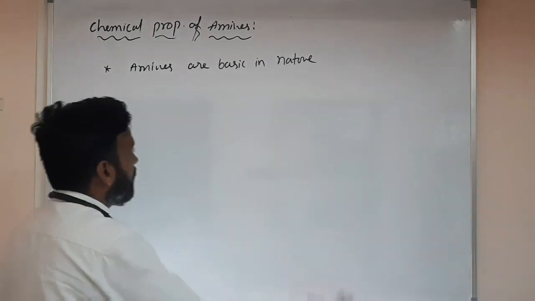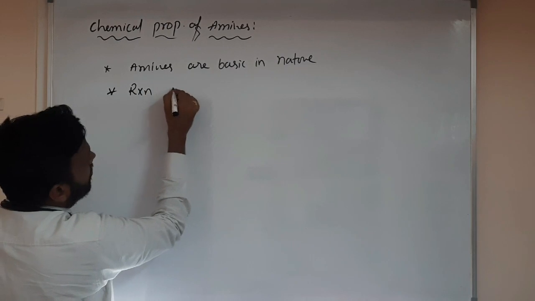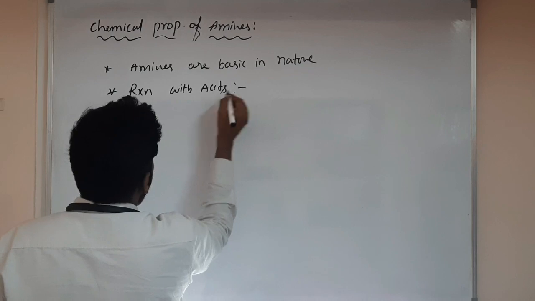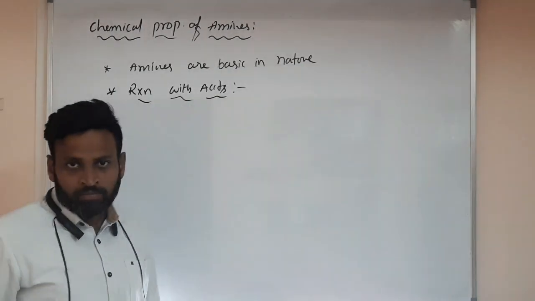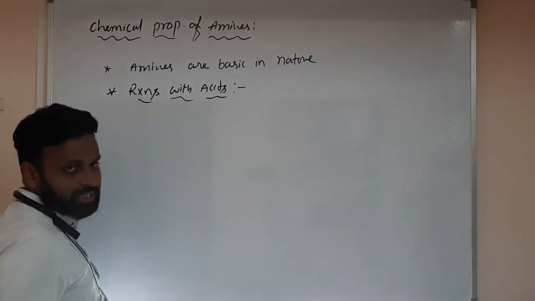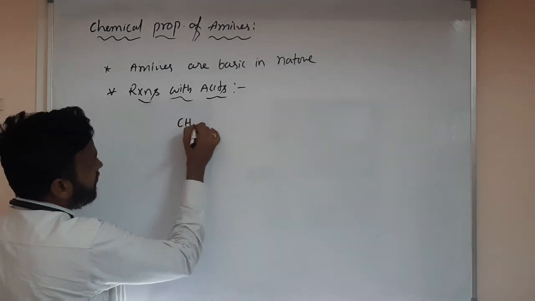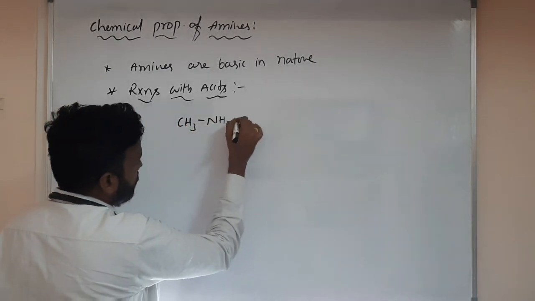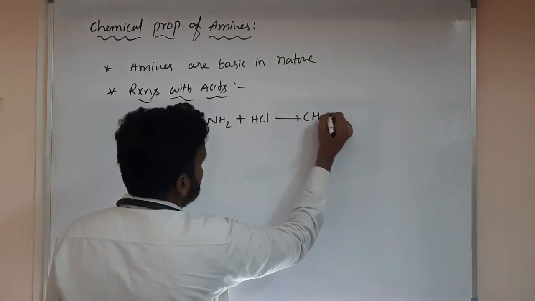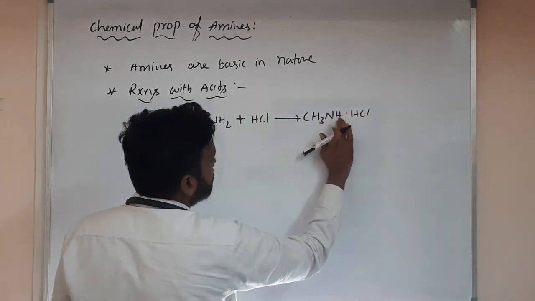Understanding, sir? So amines can easily react with what? Acids. So the first one is that only: they form salts. What I said, RXN means reactions with acid. Like CH3NH2 when reacted with HCl forms a hydrated salt, CH3NH2.HCl, which means it's soluble.